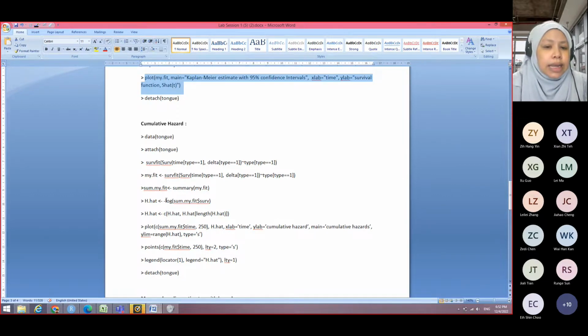And then to calculate the H hat, H hat t is actually the negative log of your S hat t, right? So you can extract the information and calculate negative log S hat t. And then your H hat equals c(H hat, length H hat). What is that, right? And then you can simply get the plot for cumulative hazard, the KM cumulative hazard, by using the